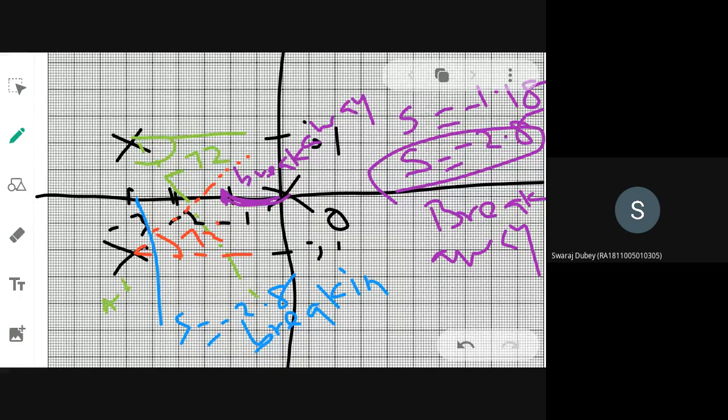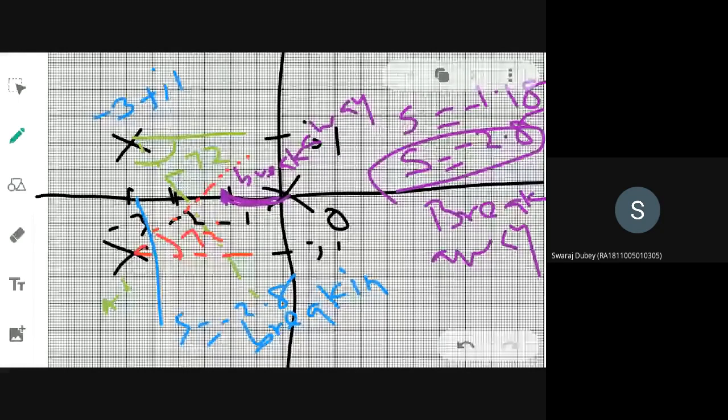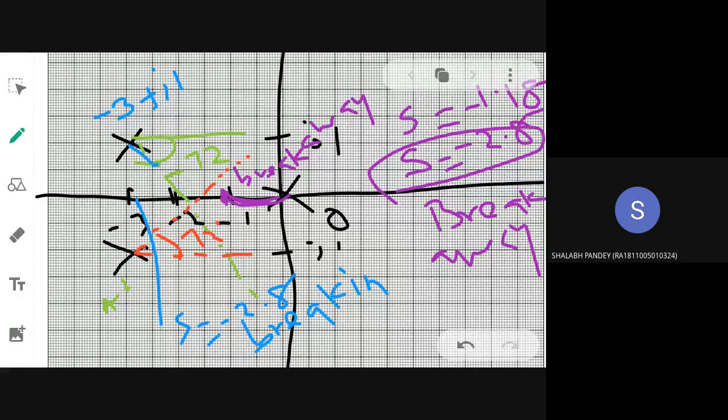Okay. So the remaining two branches, one will start from this point, minus 3 plus J1. At what angle will it start? We have found out the angle of departure. What is the angle? 72. So that line we have marked here, so it will travel here. It will start its travel. And to the real axis, it will break in or break out? Break in. That's why I am calling this break-in. So this is branch number 2. Breaking in at what point? This minus 2.8. Then it will travel on the real axis.